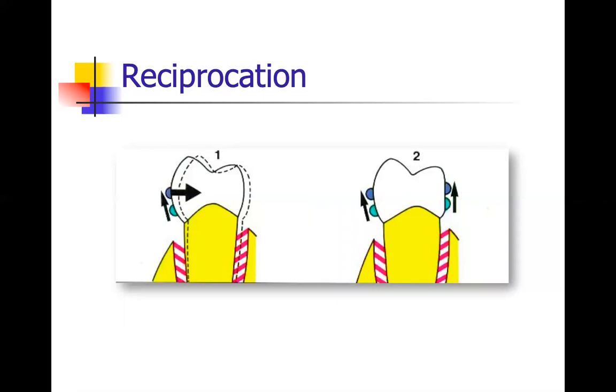Reciprocation is the quality of a clasp assembly that counteracts lateral displacement of an abutment when the retentive clasp terminal passes over the height of contour or maximum bulge area. As the retentive arm passes over the height of contour, it flexes, creating lateral forces on the abutment and hence may damage the tooth.